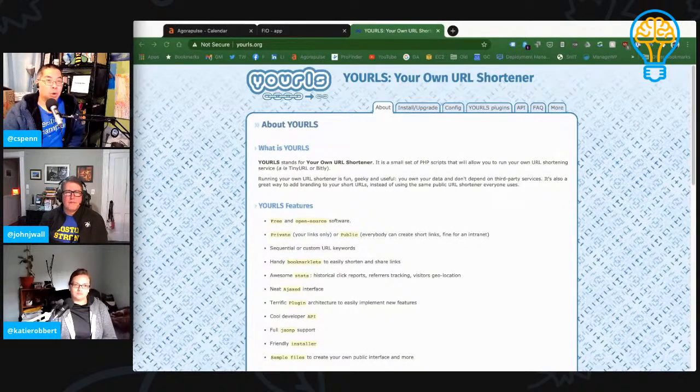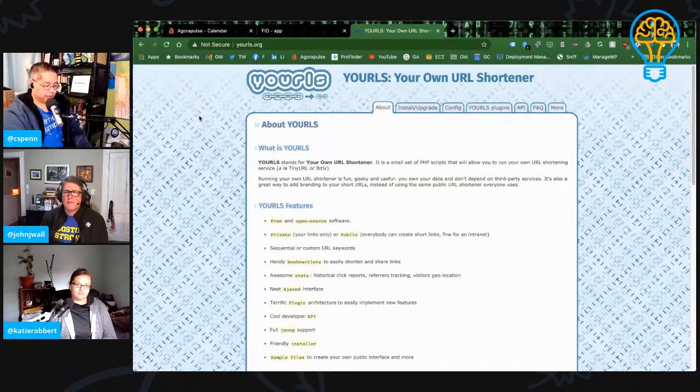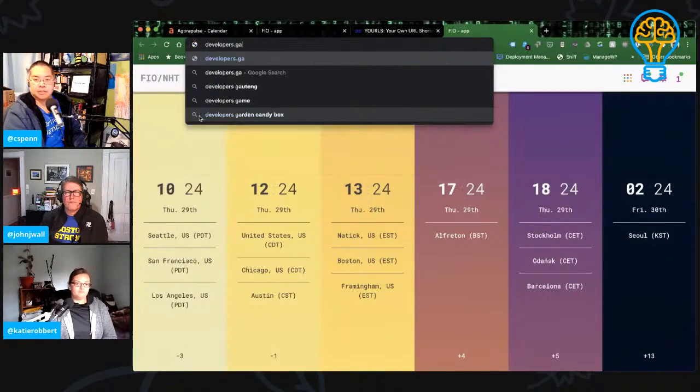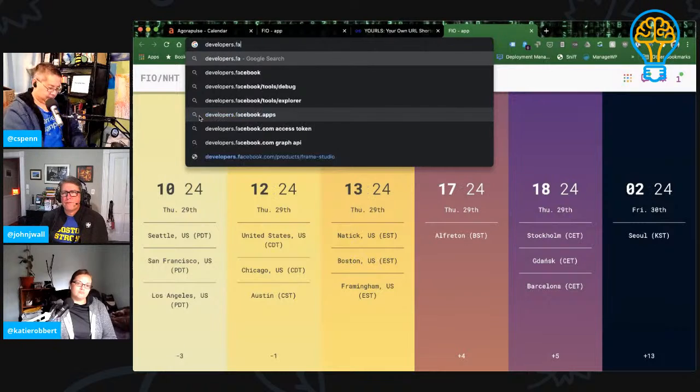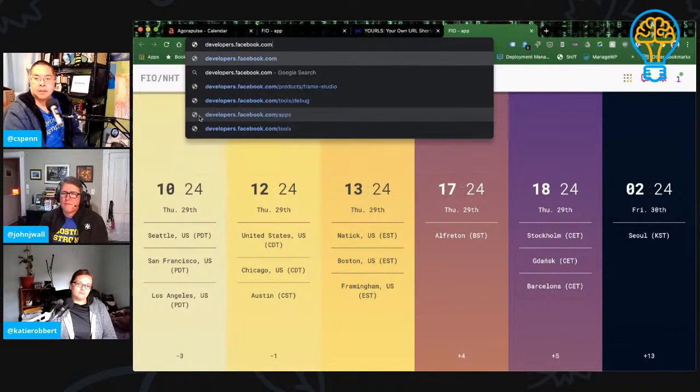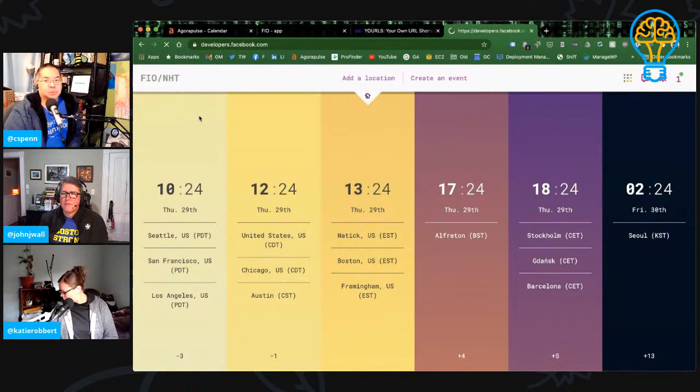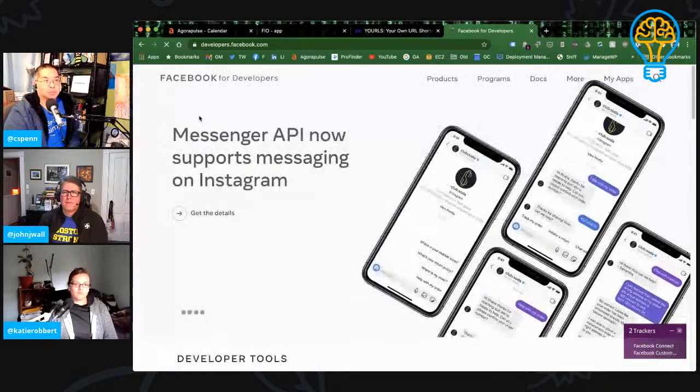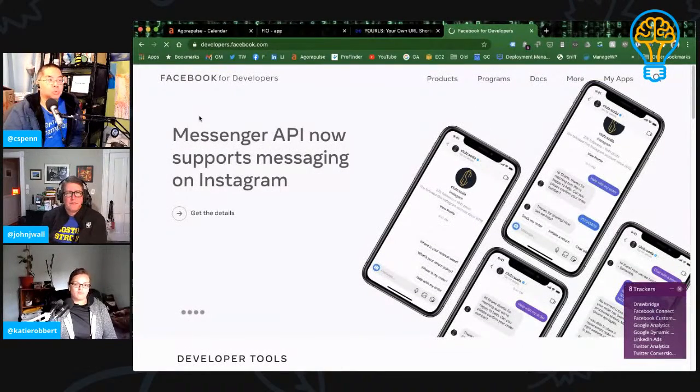And especially when you want to bring in and blend data sources together, there's a lot you can do with that raw data, but it has to come in from the APIs. If you go to any of the social networks, for example, developers.facebook.com, they provide you or your development team ample information as to what's supported, what's not, and things like that.